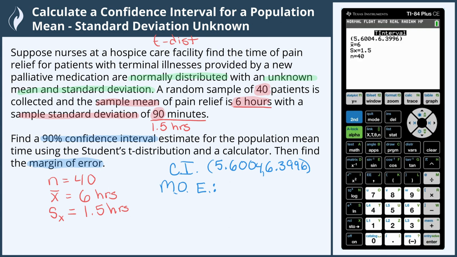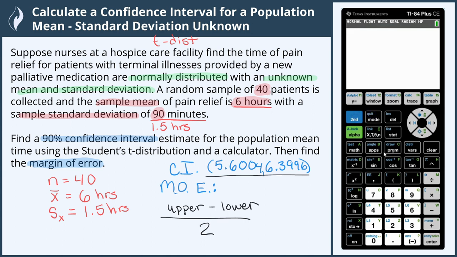To find the margin of error, we'll need to use the confidence interval by using the upper bound, subtracting the lower bound, and dividing by 2, because the margin of error is just our wiggle room around the sample mean to hopefully capture our population mean within this interval. So let's go back to our calculator. We'll need to get to the home screen. To get to the home screen after this, we'll go to Second Quit,